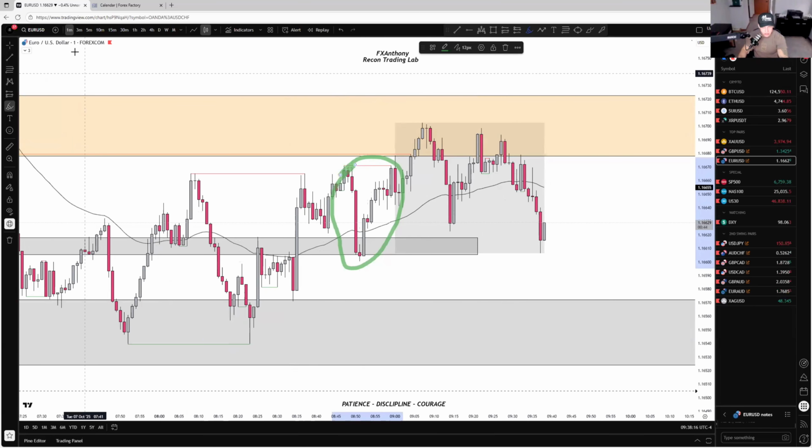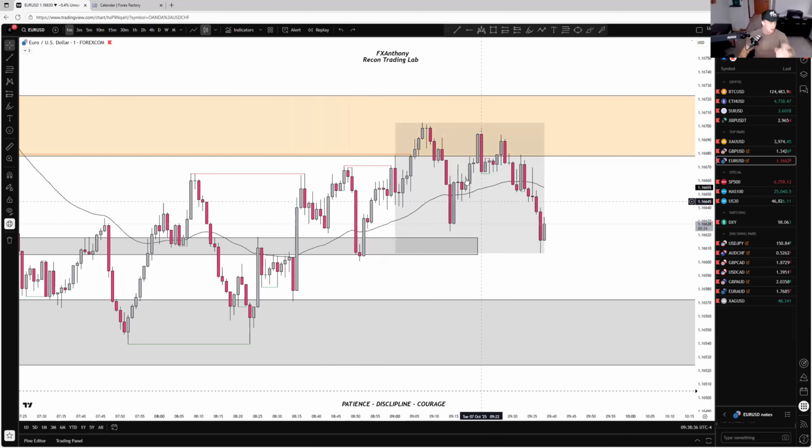If your entry looks like this, if everything on the 3 and 5 is aligned, and you see this happen, and you take it, Godspeed, brother. Godspeed, because your 1 minute is bearish. You need to see your 1 minute go bullish first. How are you going to have a bullish push if your 1 minute's bearish? You've got to think, it starts somewhere.